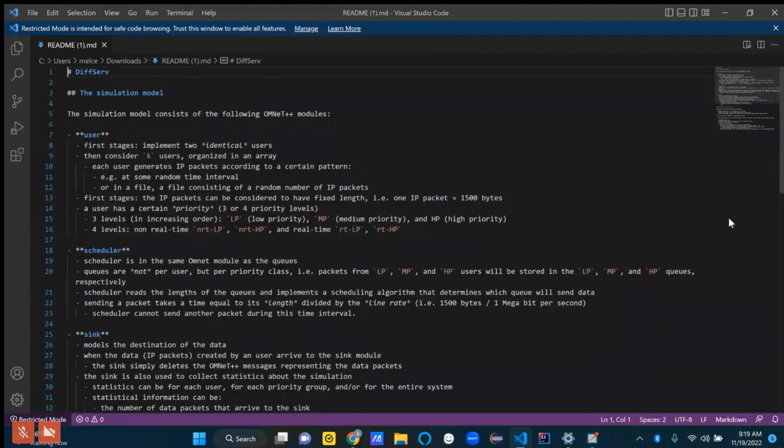And then we'll have a scheduler that sits in front or behind, however you want to think about that, of the three queues, and determines: if there are high priority messages, those are the ones that get scheduled to go to the sync first. If there aren't any high priority messages, then medium priority messages are next, and if there are none of those, then low priority messages are next.